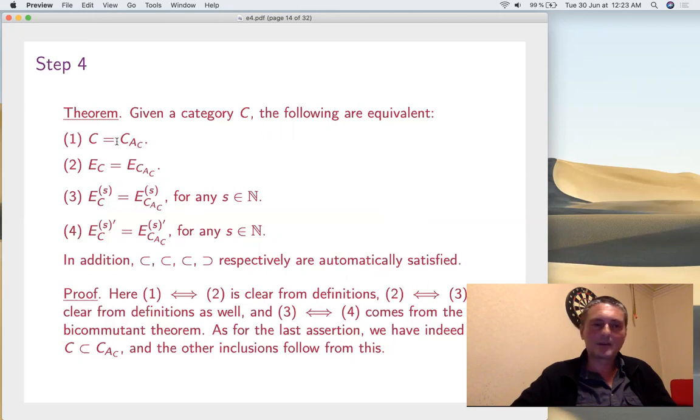And in addition, we already know that one inclusion is trivial. So this one too is trivial. This one too, and we take the commutant, it goes in the other sense, the inclusion. So very good. So finally, we are led into this fourth question. That's the one that we will solve.